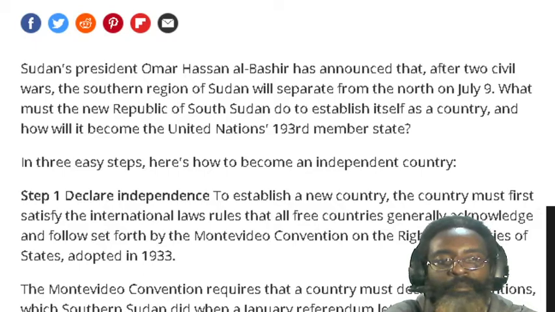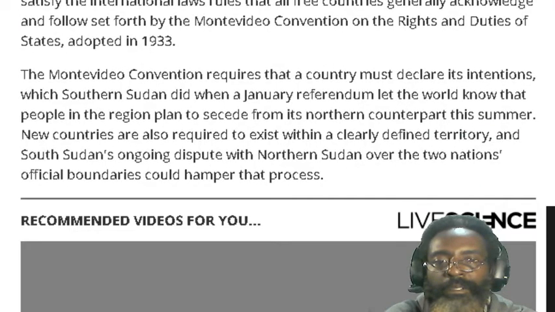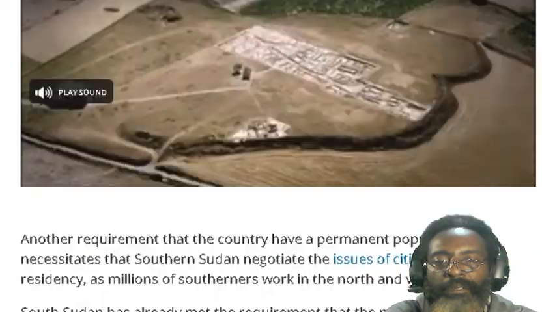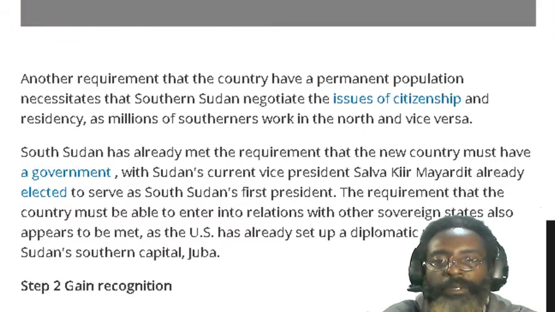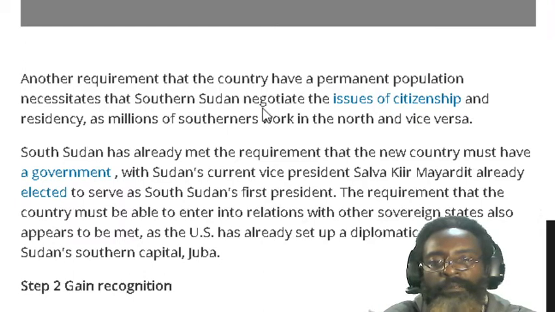And going down, we'll just skip a bit. You can read it, it'll be in the description. Another requirement is that the country have a permanent population. Remember, we're using Sudan as an analogy here.